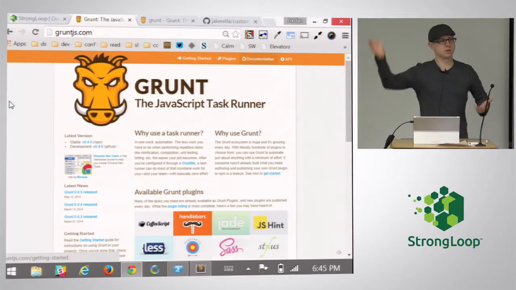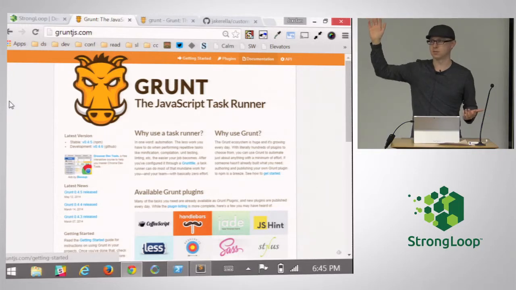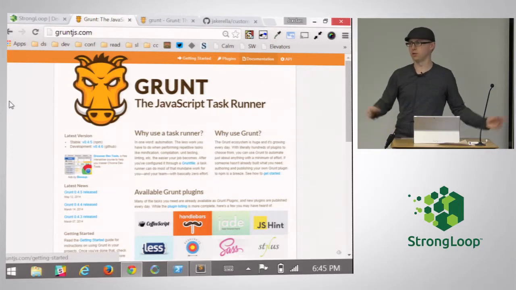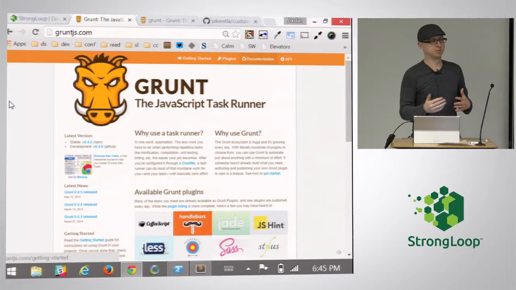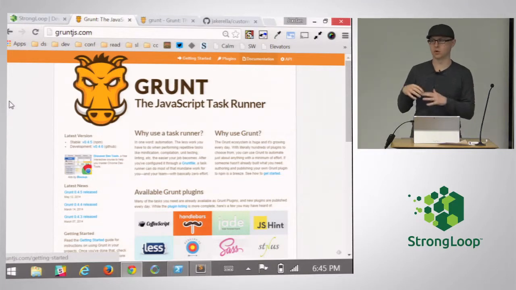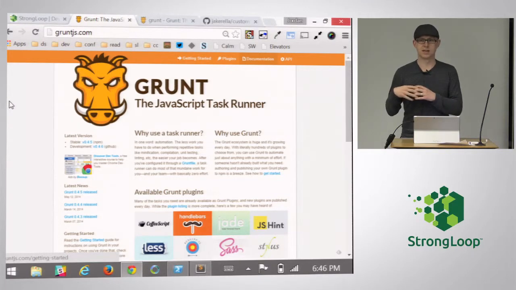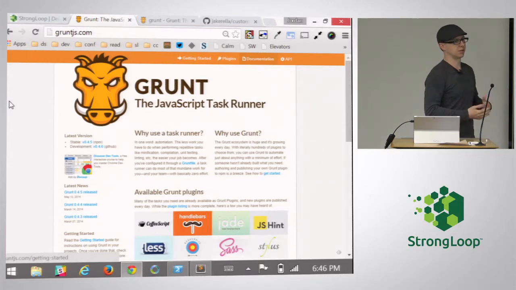A lot of people have used Grunt. Who uses Grunt right now in their dev process? Yeah, it's a good number of you. And you all know that it runs on Node. How many of you have created your own custom Grunt tasks? Far fewer. So the important thing to remember about Grunt is that it's just Node, and Grunt tasks are just